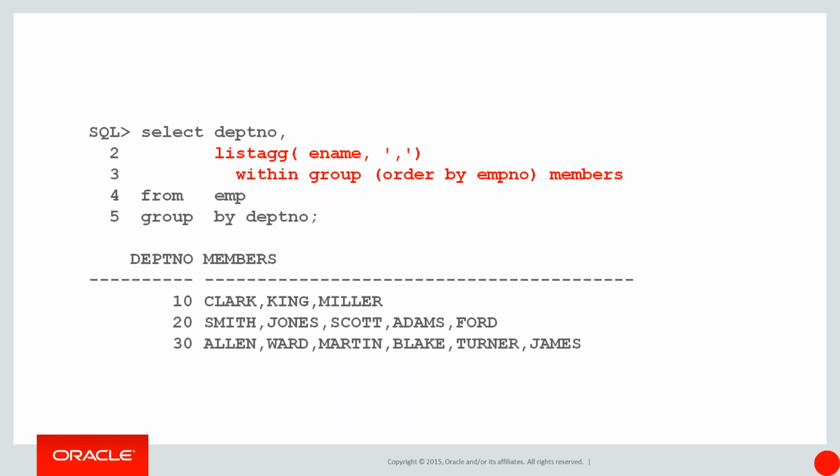Easy to do with analytics, right? You don't have to write any pure SQL code or anything like that, or C code. You simply do list tag, and the great thing is it reads much like the actual requirement. I want to aggregate a list of employee names, separated by commas, within the group defined by the group by, which is department number. In which order should I build the string? I'm going to build it in order of employee number. So the actual function almost reads like the requirement, which is really, really cool.